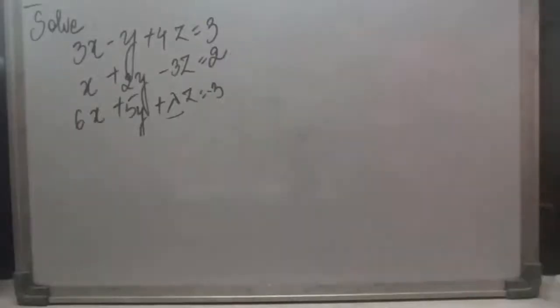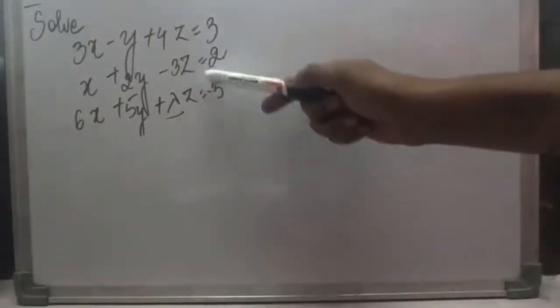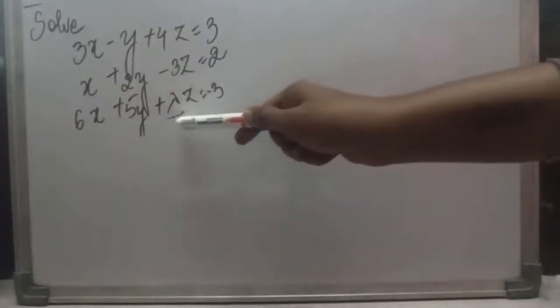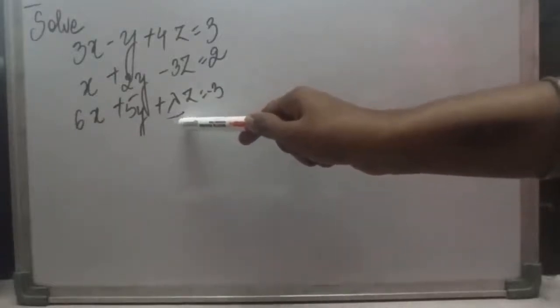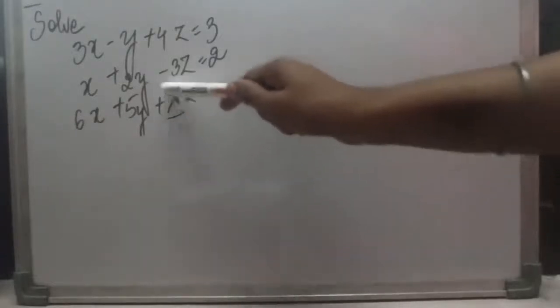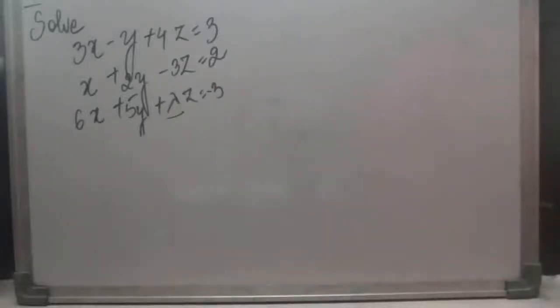So this is a complicated question to calculate the inverse. In this you can see there are three equations, and in one equation, instead of writing a coefficient, the value lambda has been given. In the question it has been asked that you have to solve the equations and prove what type of solutions these equations will have.